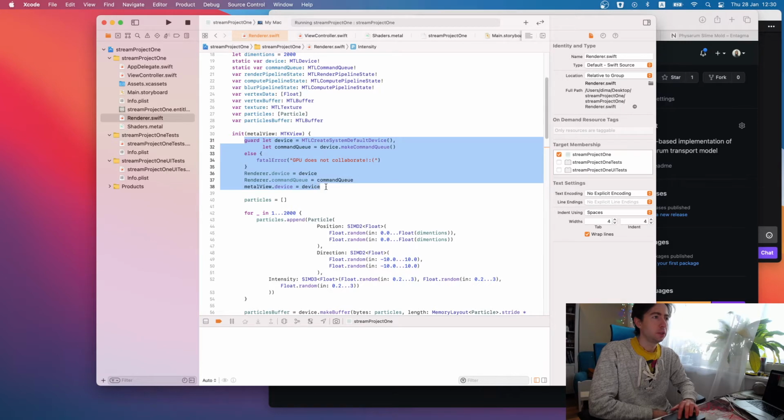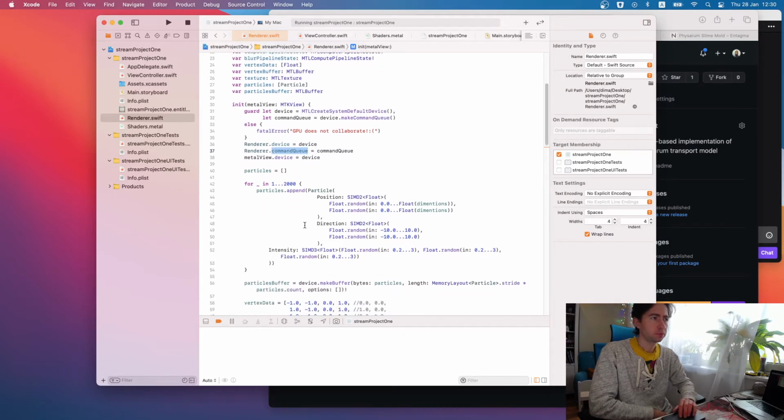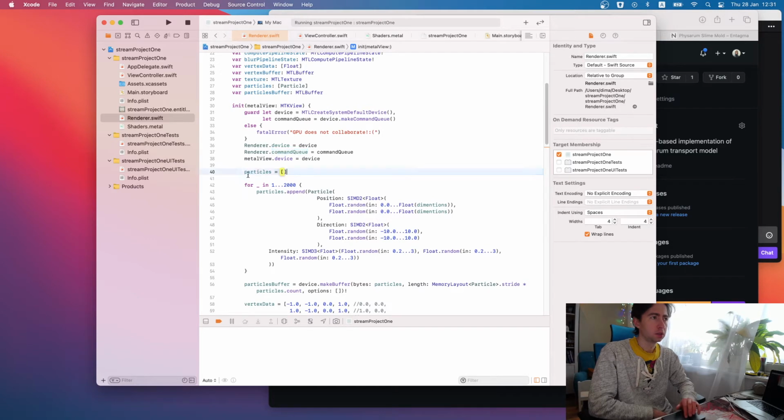So, here we do some initialization. We set up our device and command queue, and here we are initializing particles.